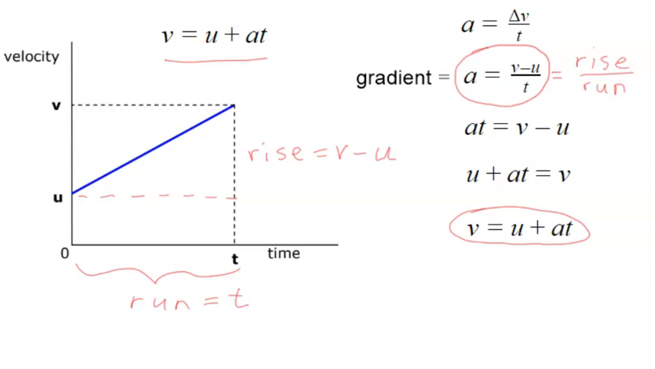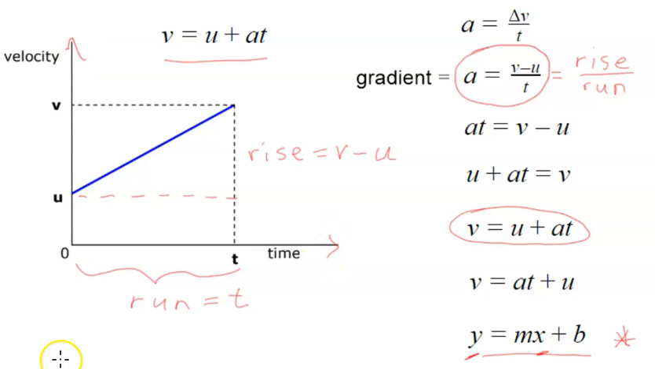If we then rearrange this equation just slightly to this form, we can compare it to this equation for a straight line, which you should be familiar with from maths. So the y and the x relate to the values on the y and x axes, in this case velocity and time. The m represents the gradient,